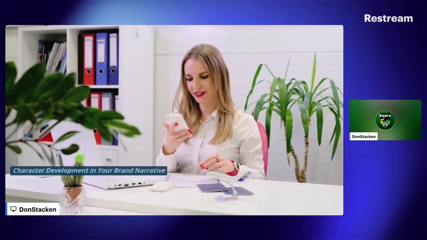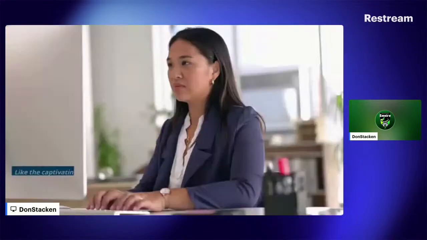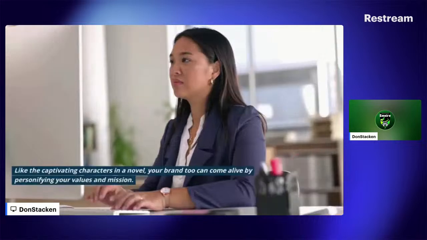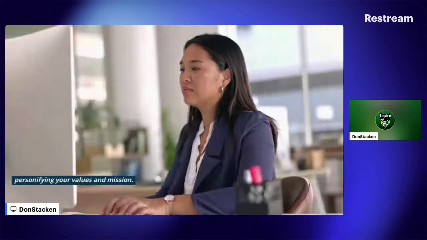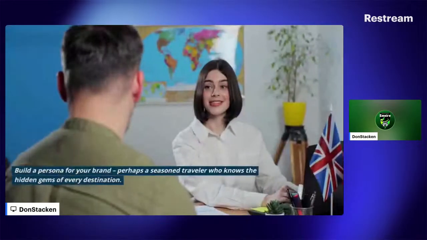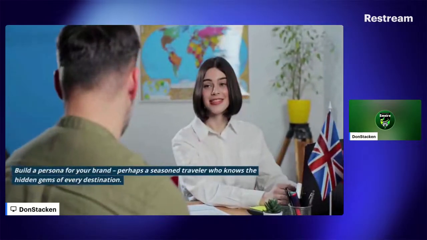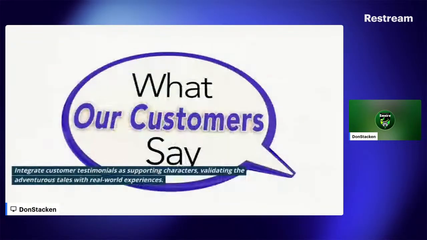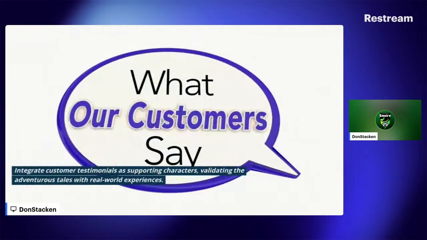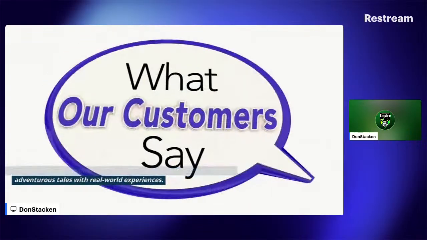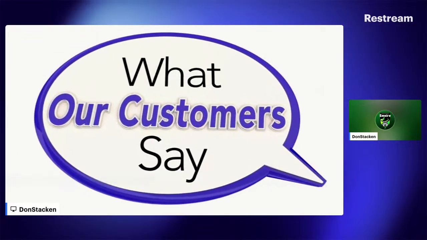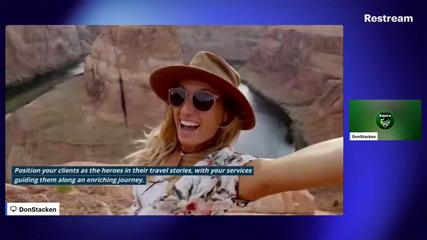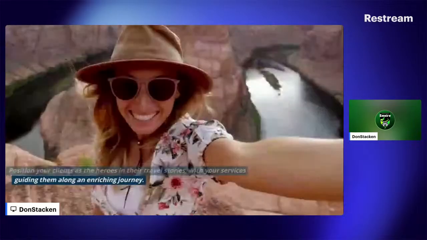Character development in your brand narrative. Like the captivating characters in a novel, your brand can come alive by personifying your values and mission. Build a persona of your brand. Perhaps a seasoned traveler who knows the hidden gems of every destination. Integrate supporting customer characters, validating the adventure with real-world experiences. Position your clients as the heroes in their travel stories, with your services guiding them along an enriching and compelling